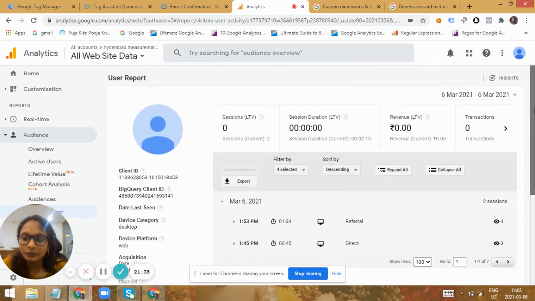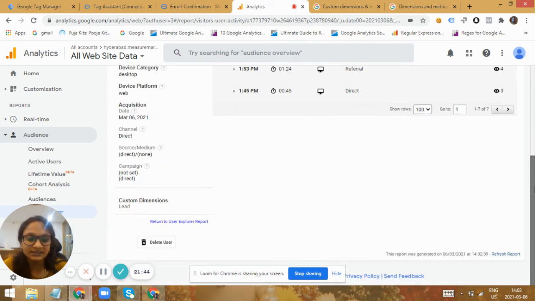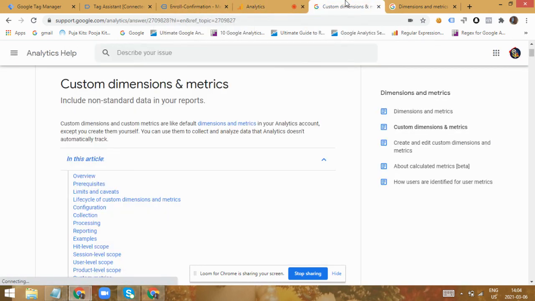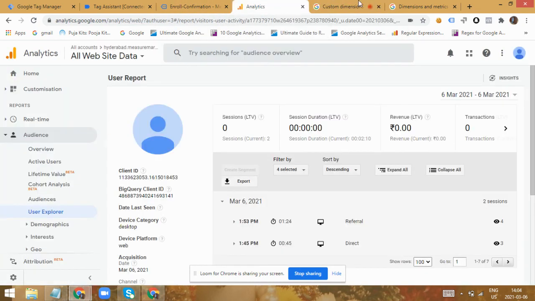So like this, any number of users who visit your site and enroll to your program or your application will be labeled as lead, and all the data regarding those users can be viewed in the filters or the custom reports or the user explorer report. So there are several places, and you can also create a segment for those particular users, and you can create a filter where you can exclude these leads and just get data regarding non-leads, or you can just segment the data related to leads and find their categorization. So all this could be done only with the help of the custom dimensions and the metrics that you could add to analytics along with the standard reports or the standard dimensions.